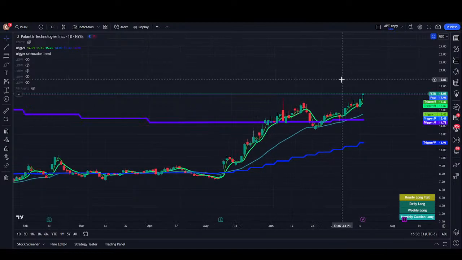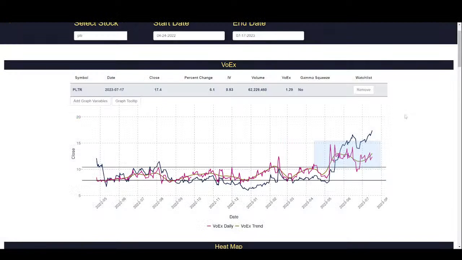Obviously that's a hefty amount of profit. So again, another textbook example of how we can use the Voex graphs to see whether Voex is telling us that the stock is bullish or not. And once we have that data, we don't have to fret over the day-to-day action, the minute-to-minute action. We don't have to watch it on a 1-minute chart. If we understand that Voex trend is in the inhibition zone, then that means that the stock will continue to